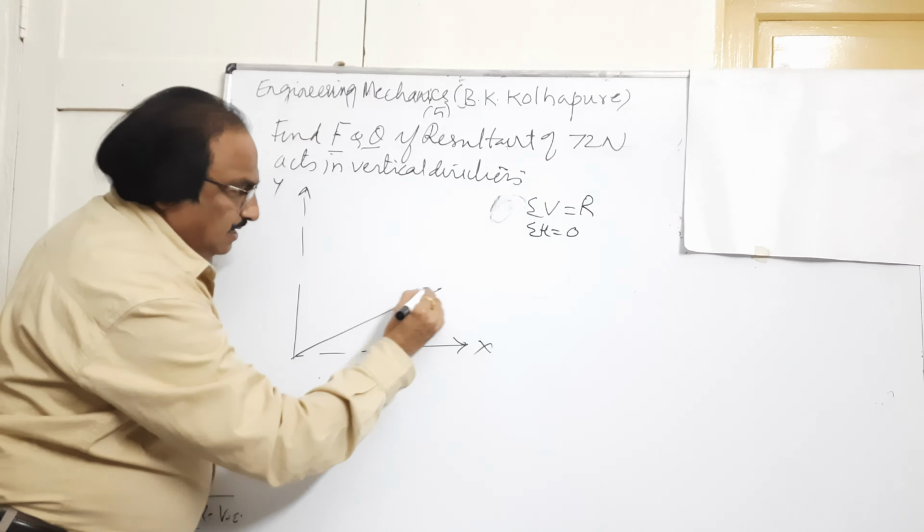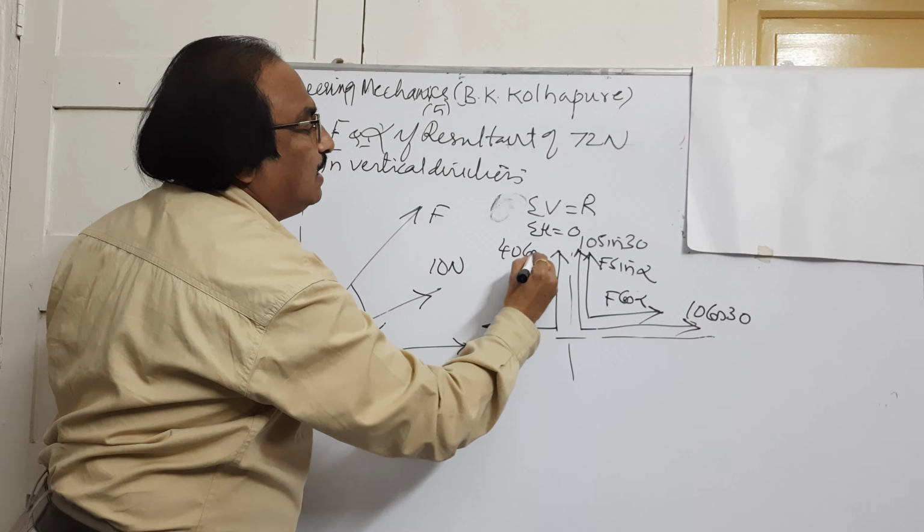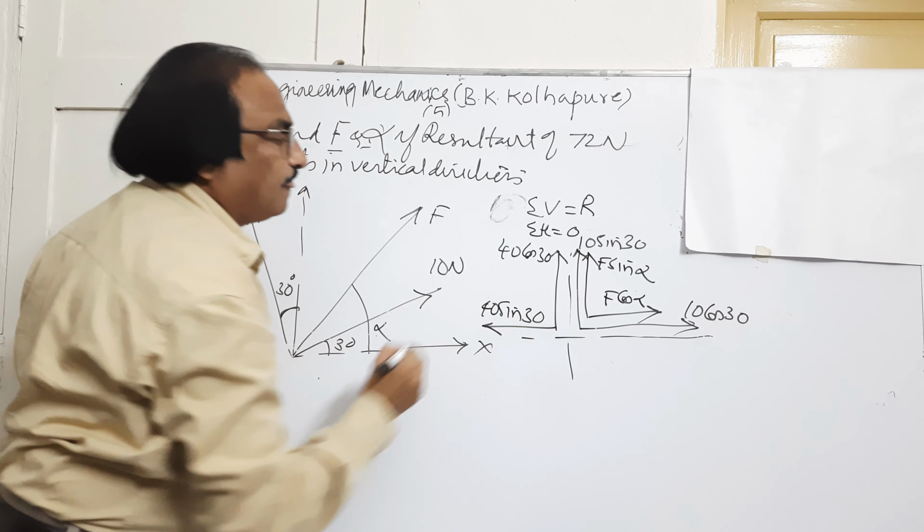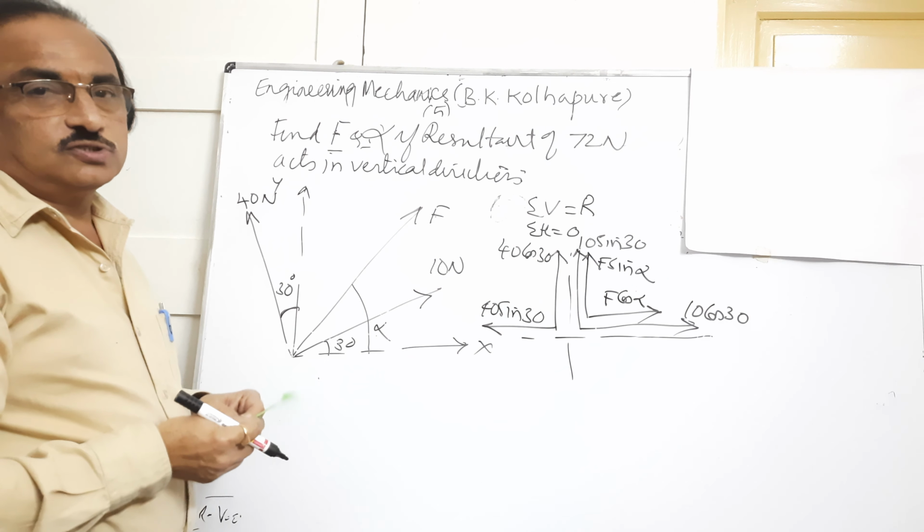Now coming to this force 40, if I resolve it horizontally, we are going away from the angle, and see the direction. The direction is towards left. Similarly, if I resolve the force vertically, I am going along the angle and the direction is up. Along is cos. So let me draw two arrows here. One is left, another is up. This is 40, away from the angle, sin 30, and this is 40 along the angle, cos 30. So we have resolved all the forces now.